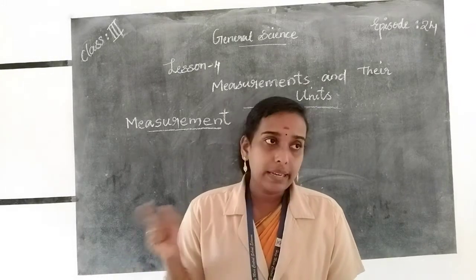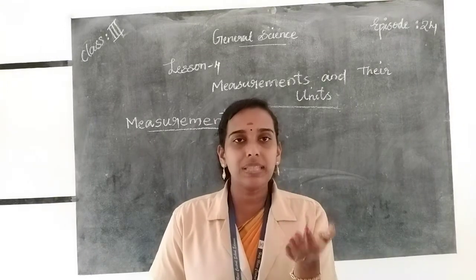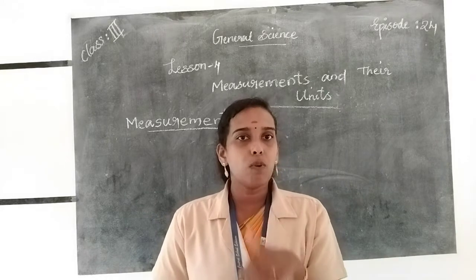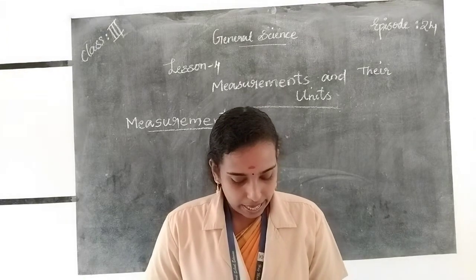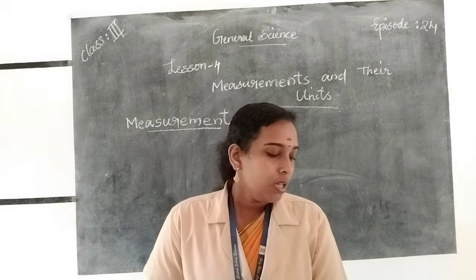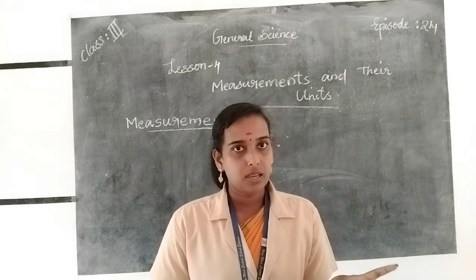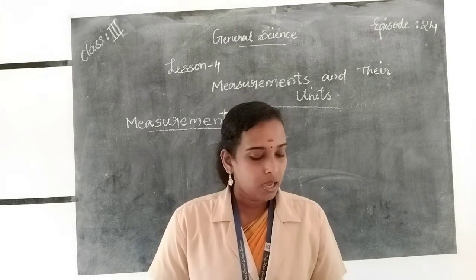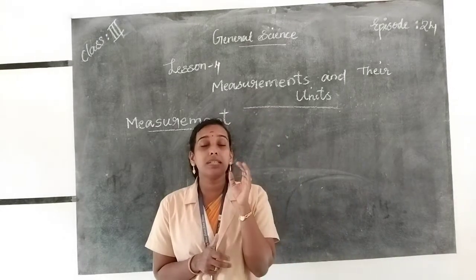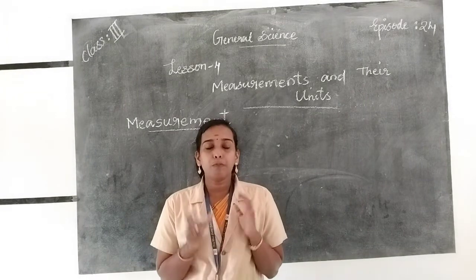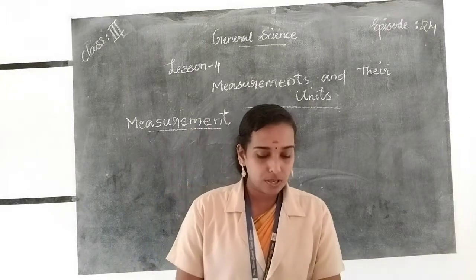In the early time, they used body parts, but when we measure the length of things by using our body parts, the measurements are not very accurate. But they give us an estimate to start with. The size of each hand and foot is different, so the measurement is not accurate. Therefore, to make proper and accurate measurements, we need a standard scale.